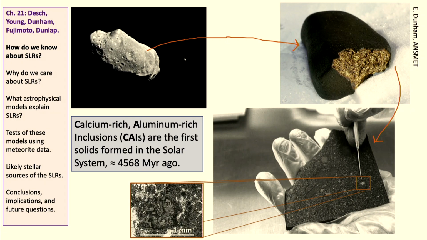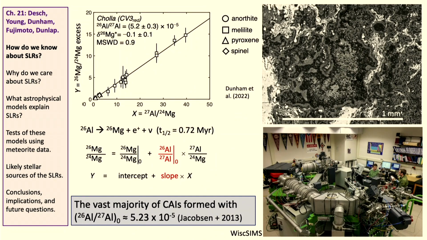We can date them using isotopes of lead, which form from the decay of uranium isotopes with half-lives of billions of years, but these also contained short-lived radionuclides that have half-lives up to tens of millions of years or much less. So after collecting and analyzing these, it's possible to figure out that aluminum-26, for example, existed in the early